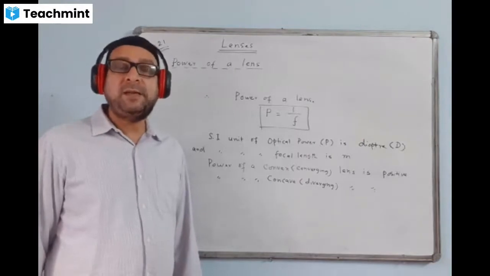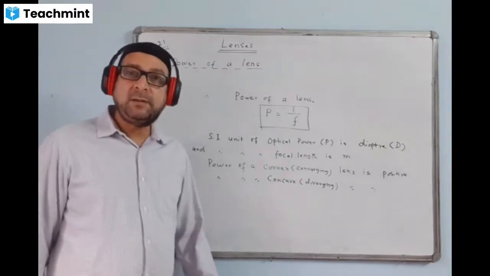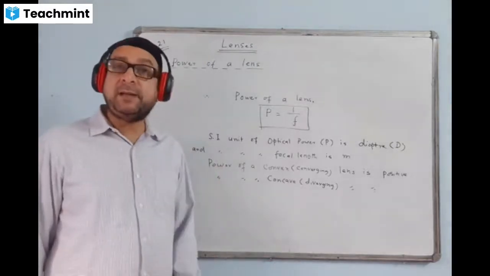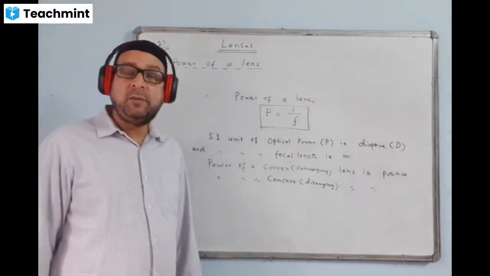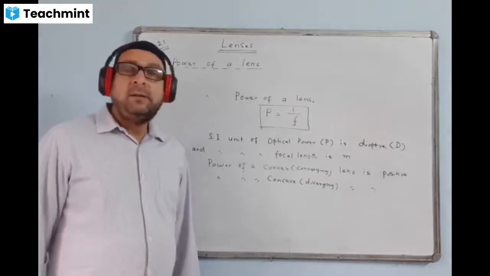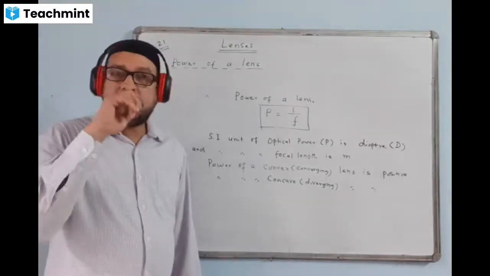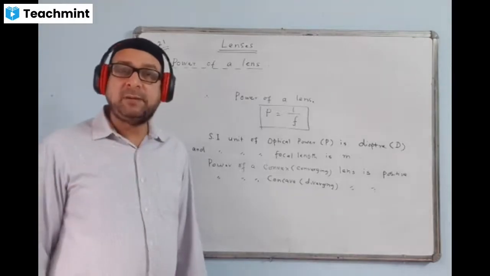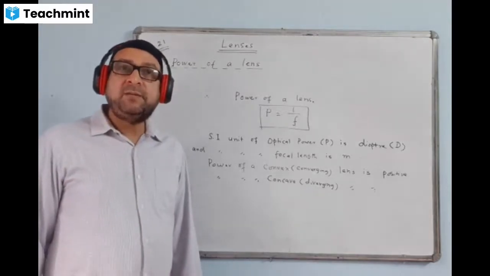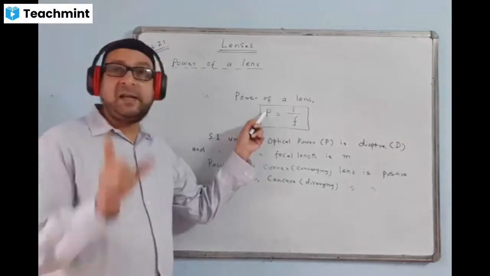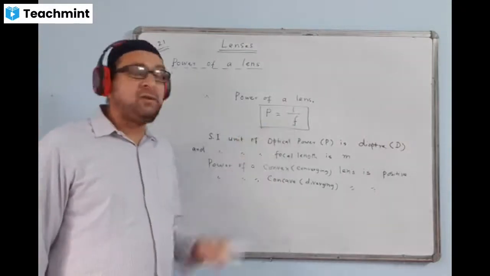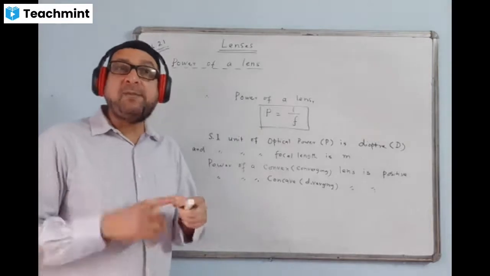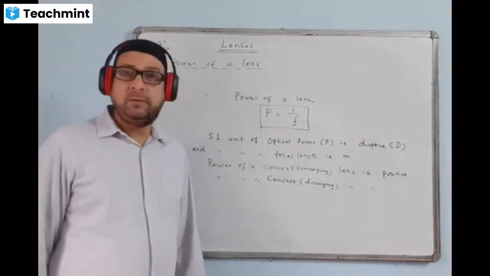Please listen and try to understand the concept. This thing you will not find in the book, but this type of question has been coming in ICC. You need to be careful. Thick glass will have a large power, definitely. Thin glass will have less power. So when the power is large, thick glass is having large power, the focal length will be less. And the thin glass, power is less, so focal length will be more.